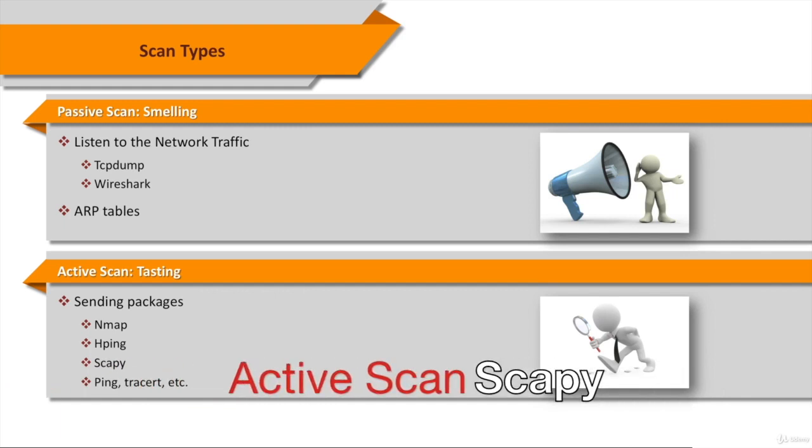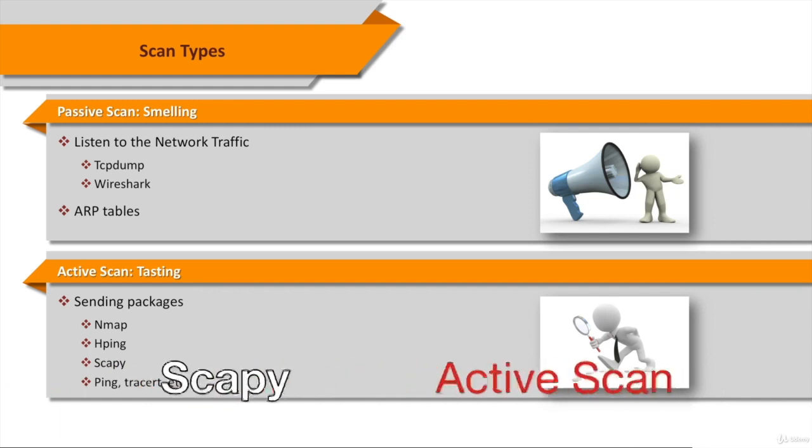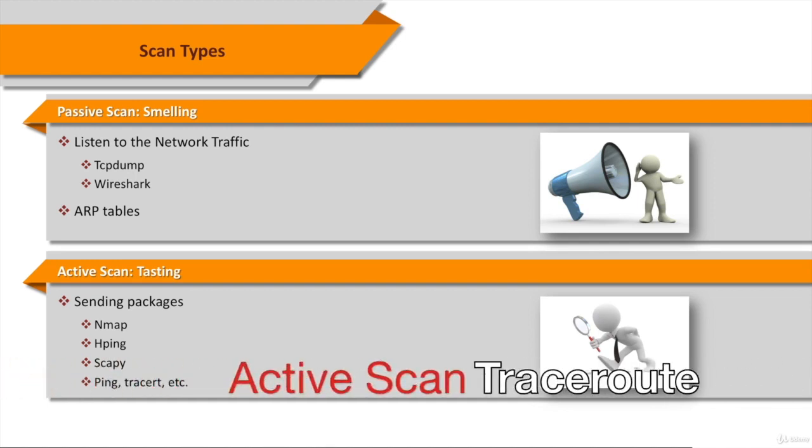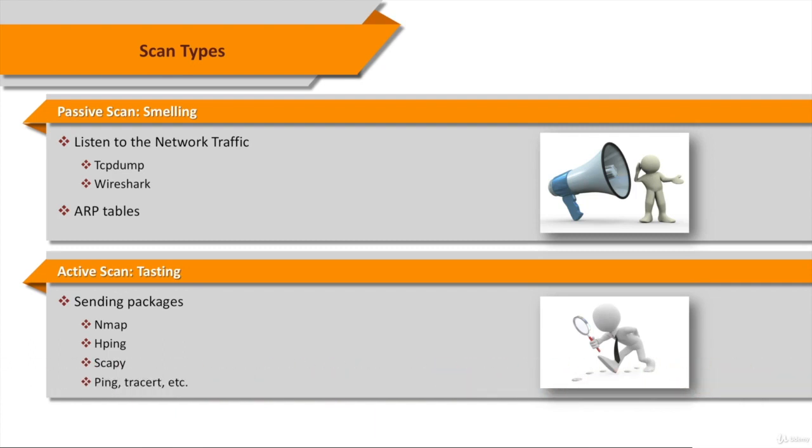Scapy is a powerful interactive packet manipulation program. It is able to forge or decode packets of a wide number of protocols, send them on the wire, capture them, match requests and replies, and much more. Traceroute is a utility that records the route, the specific gateway computers at each hop through the network between your computer and a specified destination computer, so you can find out the network devices between you and the target and